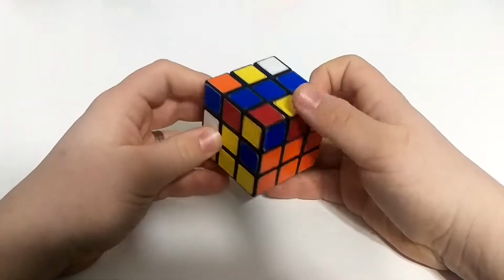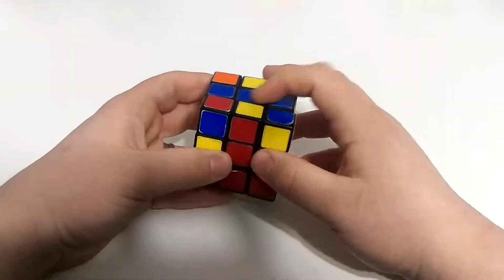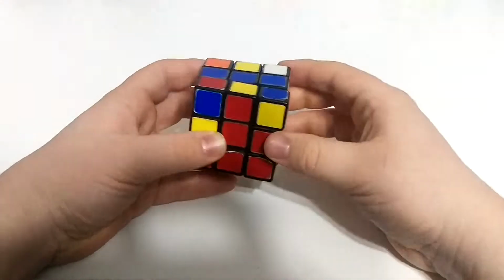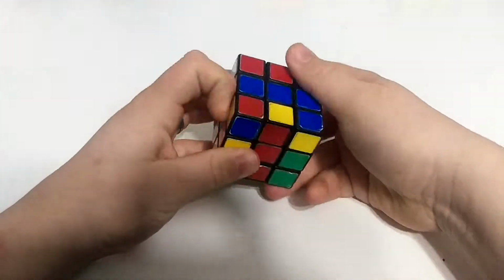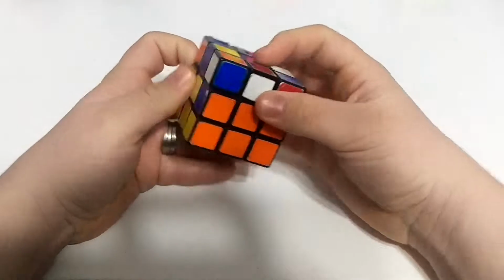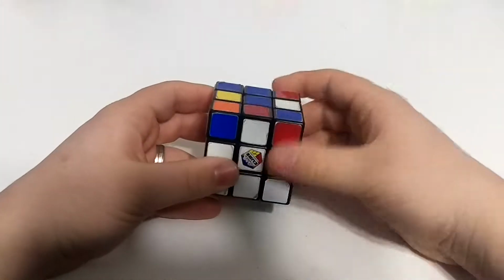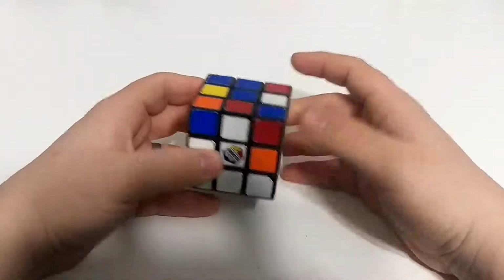Okay, and then we have this red and yellow piece. I look for any color, any edge that doesn't have a blue piece on it. Alright, so it needs to go there, so I'll use this. Alright, red and white, and I'll probably teach you a little, if you're having trouble with these algorithms,